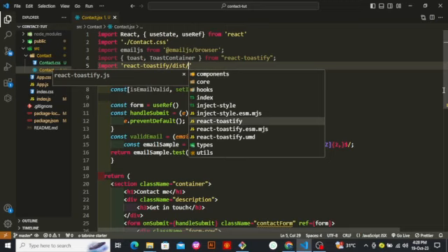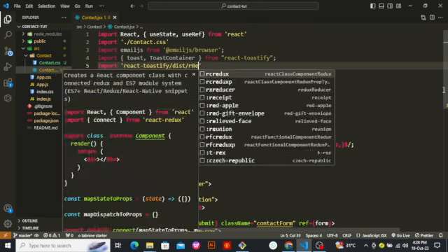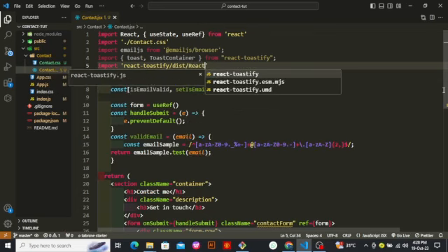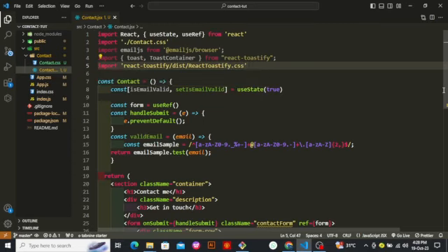Where is it? I'm actually going for the CSS. So react-toastify/dist/ReactToastify.css. Okay, now that I've imported the CSS for React Toastify,